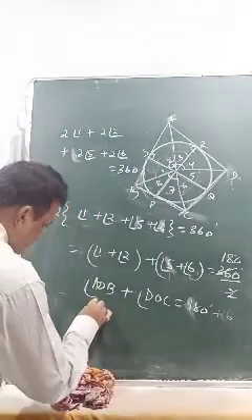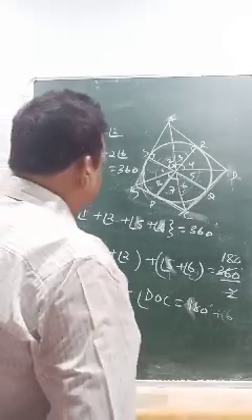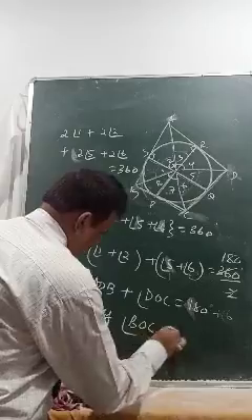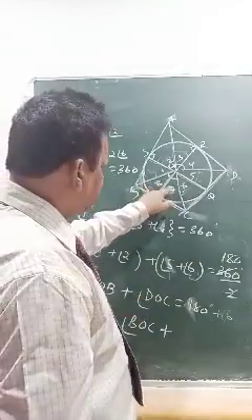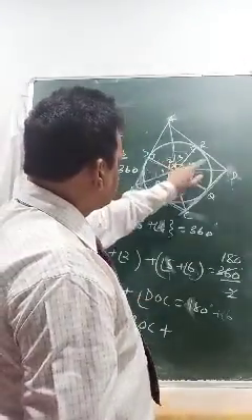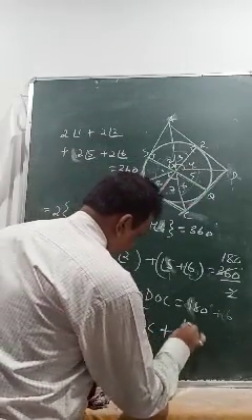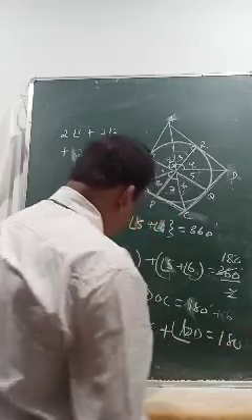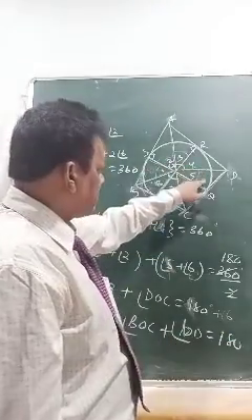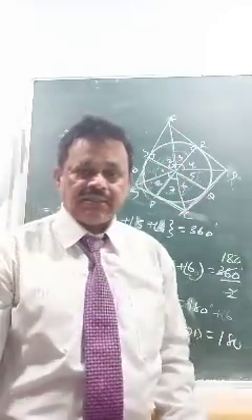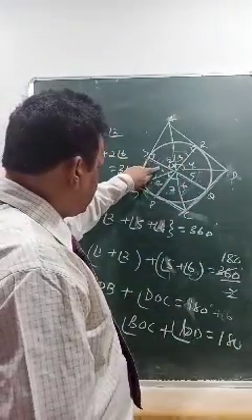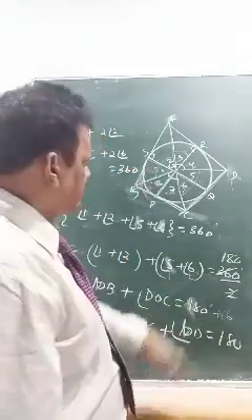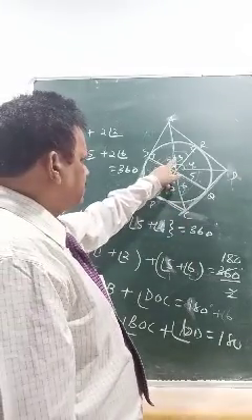You try to complete this. Which one will you try? Now BOC plus AOD is 180. You have to create a relation between 8 and 7, and between 3 and 4. How to create the relation? Look at here. 1 plus 2 plus 3 plus 4 plus 5 plus 6 plus 7 plus 8 is 360. Now here you are writing 1 is equal to 8. Now you will write 8 in place of 1. Then again in place of 3 you are writing 2.